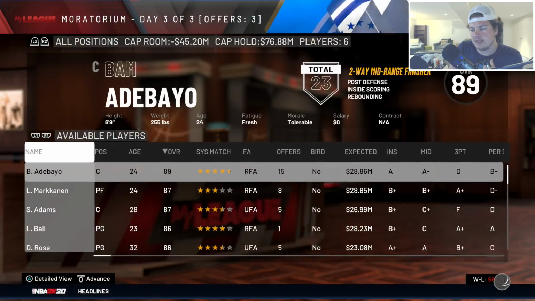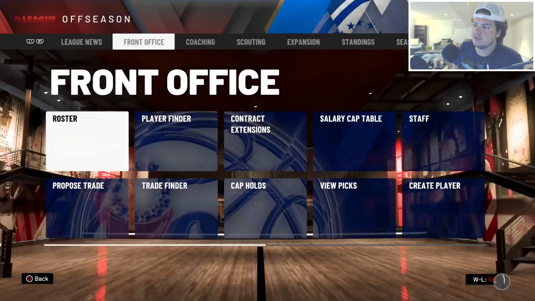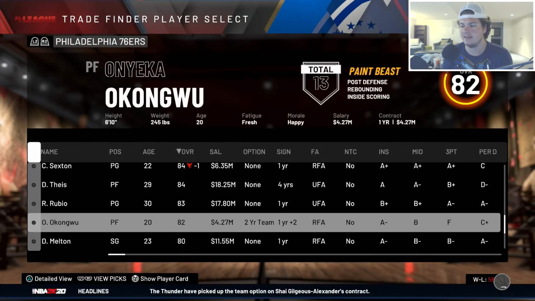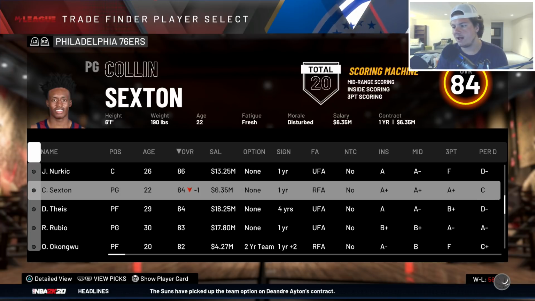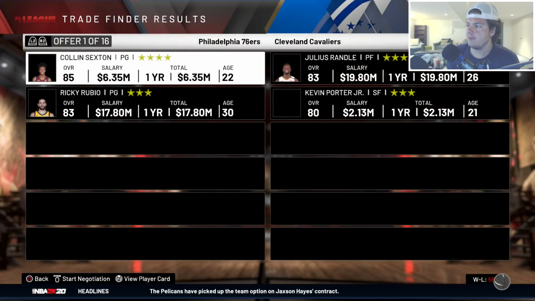Part of me wants to trade Sexton just because he's butthurt, and I hate it when people's morale is down. Other part of me wants to trade Okongwu just because I think he can be a really good player for us. I just don't know if his overall is quite there at an 82 overall heading into a potential championship year. If I were to trade Sexton and Rubio, what are my options? I'm just honestly,